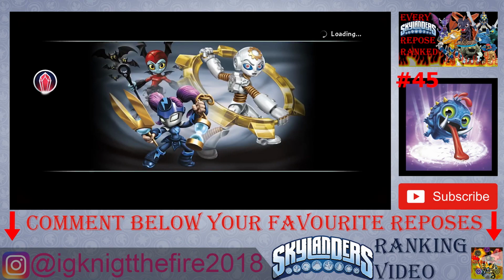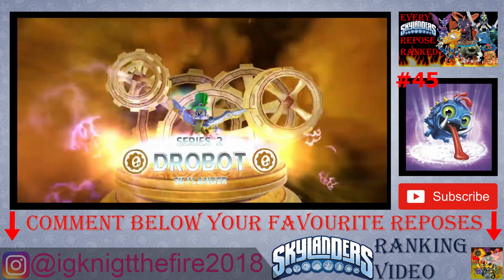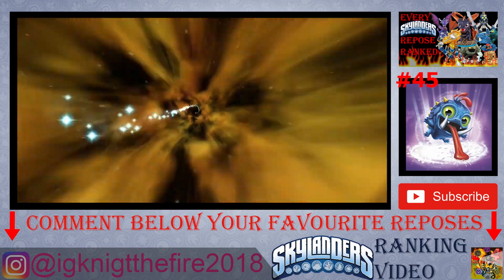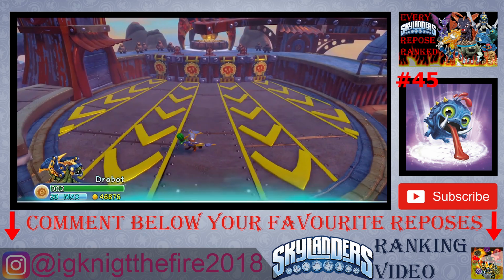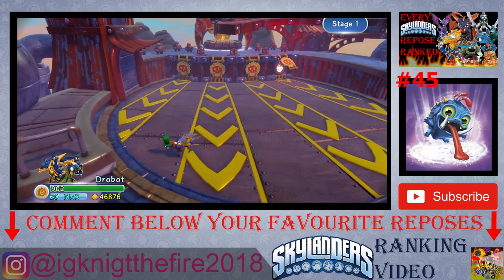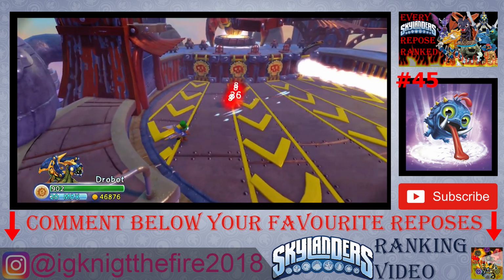Coming in at number 45, to no one's surprise, is going to be Series 2 Wrecking Ball. This repose does very little to expand upon the original design of Wrecking Ball. All they did was give him sharper teeth and a slightly different expression. There's very little you can do with a bowling ball that has eyes and legs and everything to begin with,